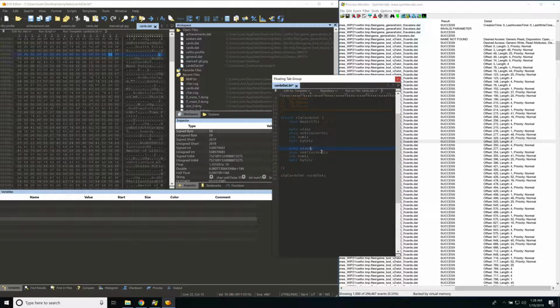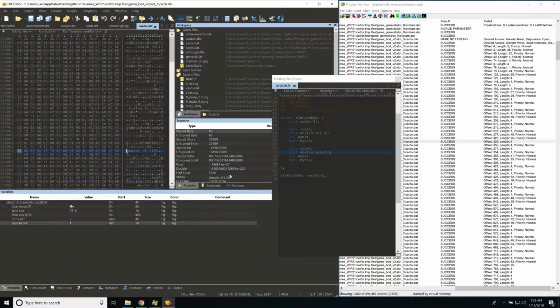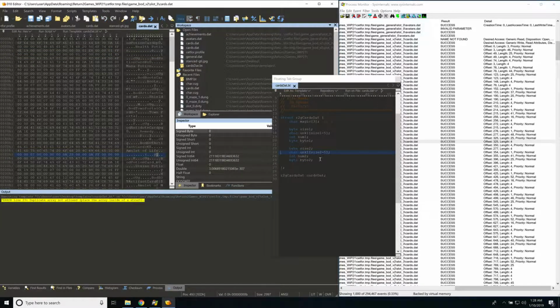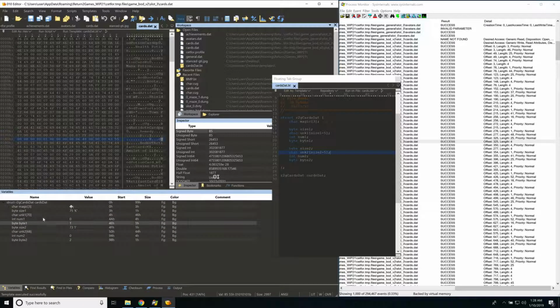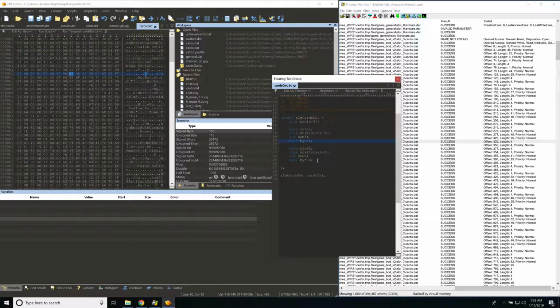Next guy, I'll call this size 2, this size 1. This would be num2, byte 2, size 1, size 2. All right, let's run this again. And I have a duplicate array. So I've named onc1, onc2. Run this one more time, go to my variables. All right, then we have byte 2, byte 1, byte 2, byte 1. Okay. All right, cool. So now that that's going on, I think what I can actually do is pull this